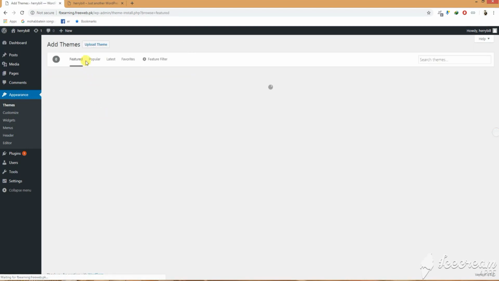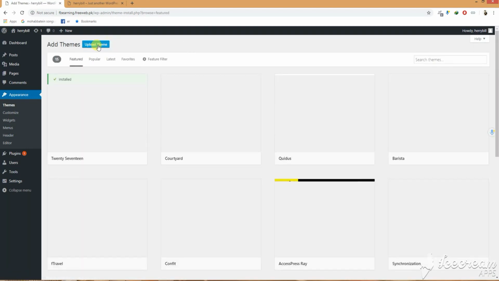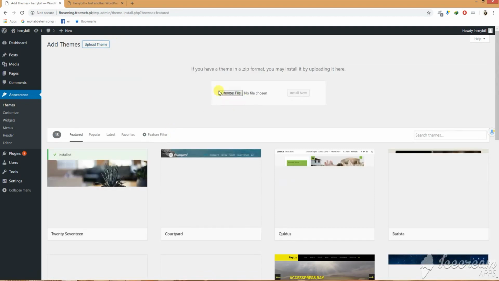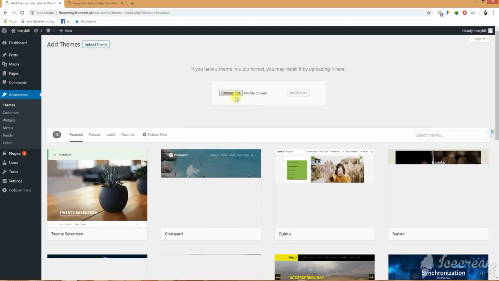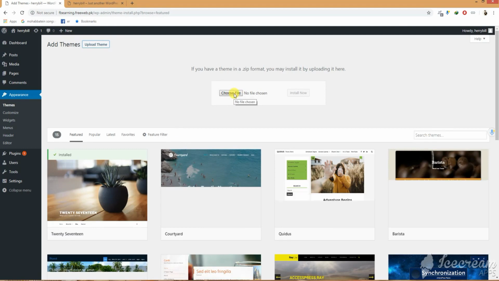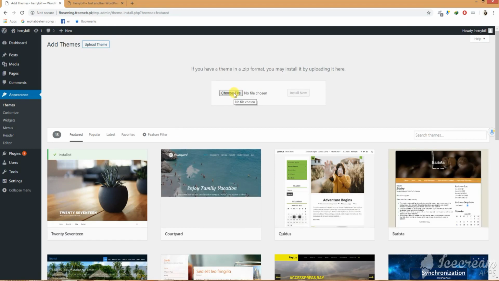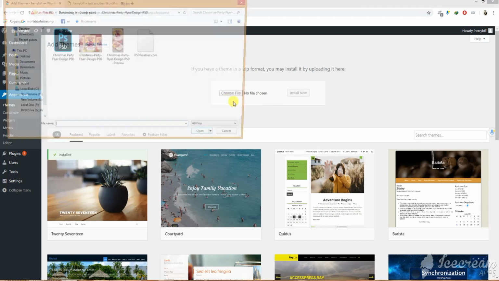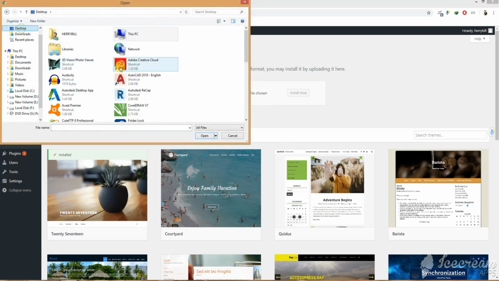Simply click here, Add New, and then you can click Upload Theme, and you have to upload your theme, but make sure the file you're going to upload is in zip form. If it's not, you cannot upload your theme by choosing this method. If you have a zip format, you can install by uploading here. So make sure you have a zip file. You just simply choose